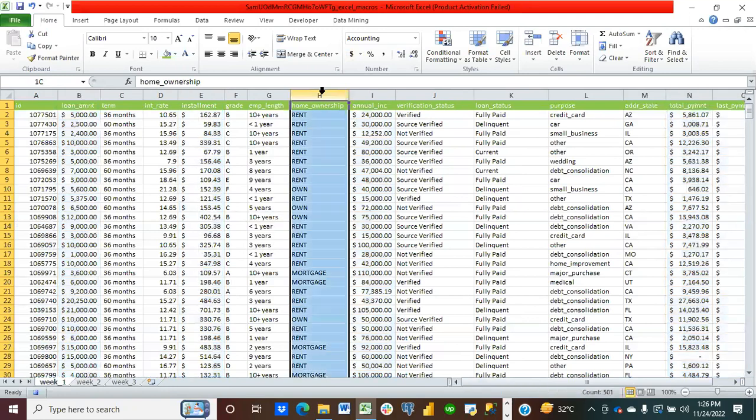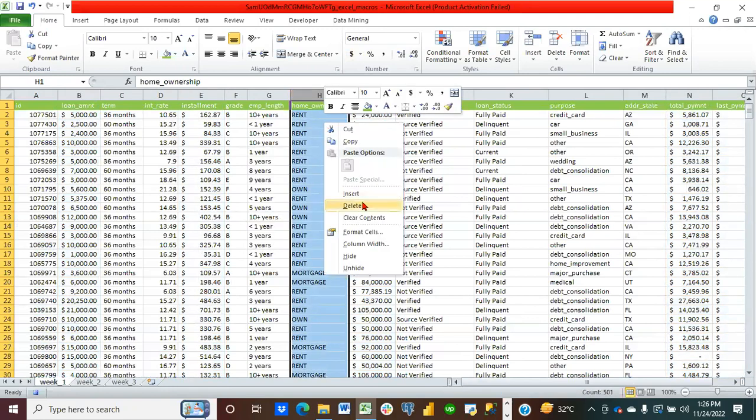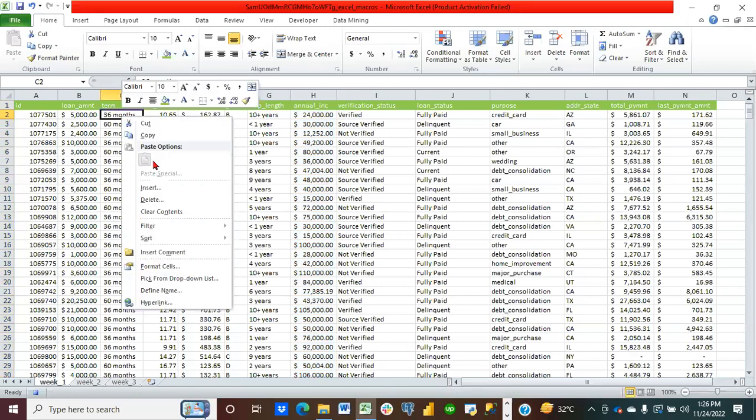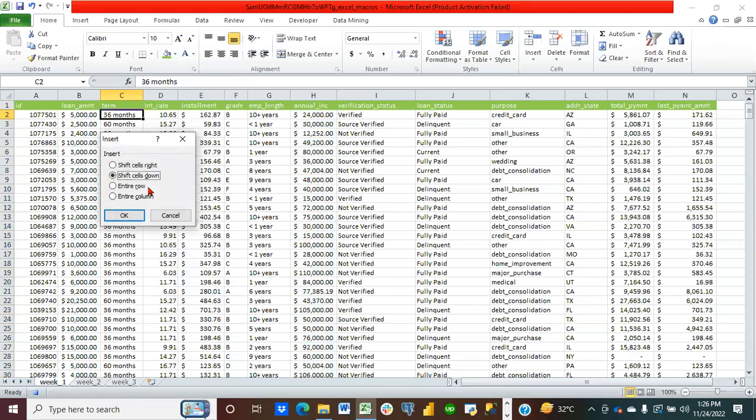We don't want our home ownership column, so we just delete it. After that, we want to insert a new column, and we want to call it